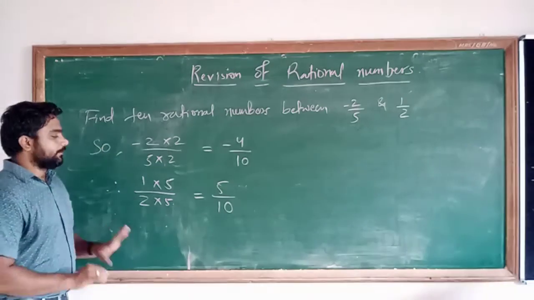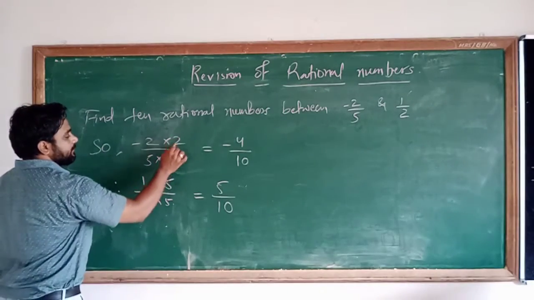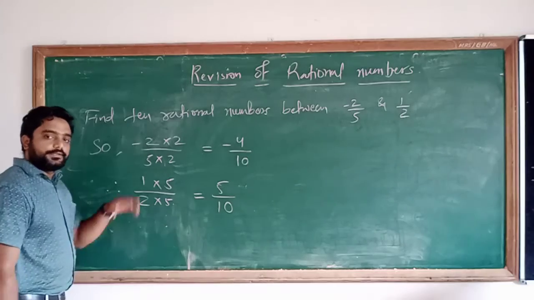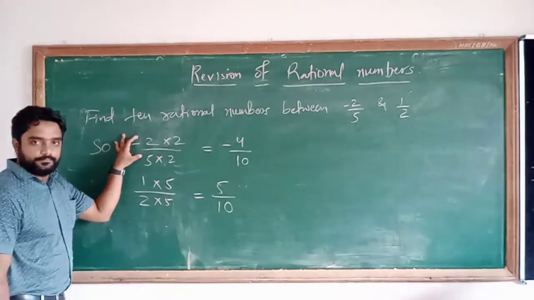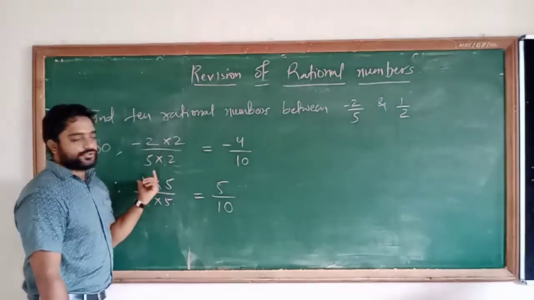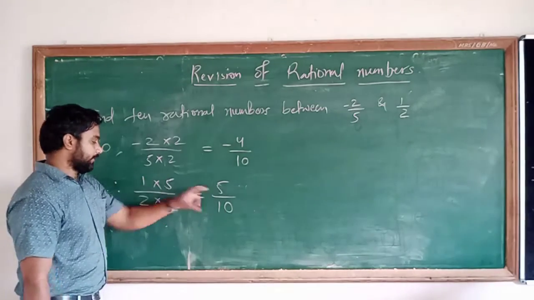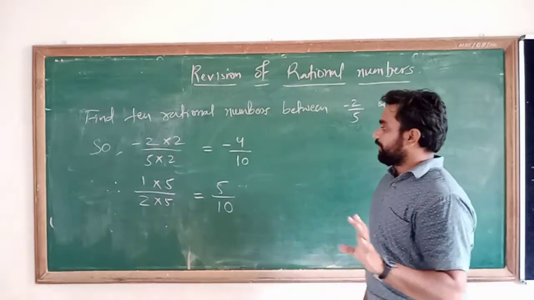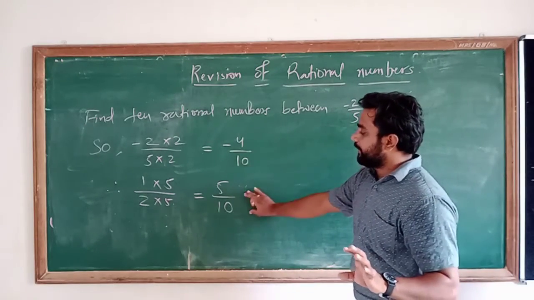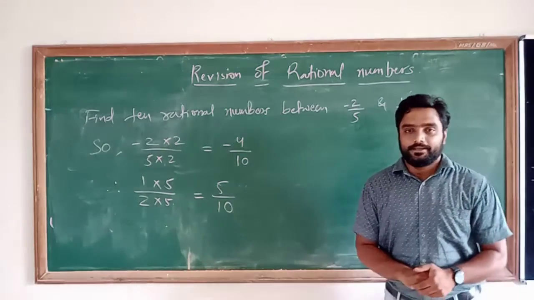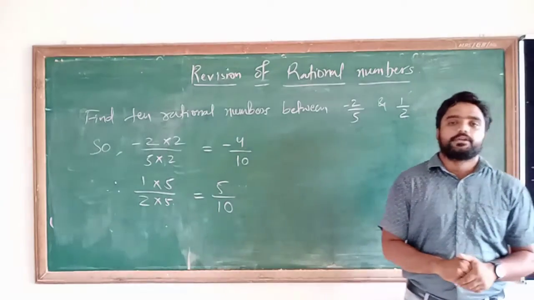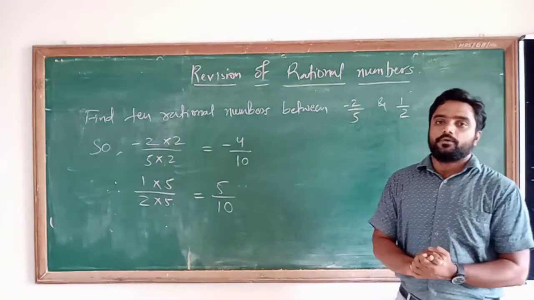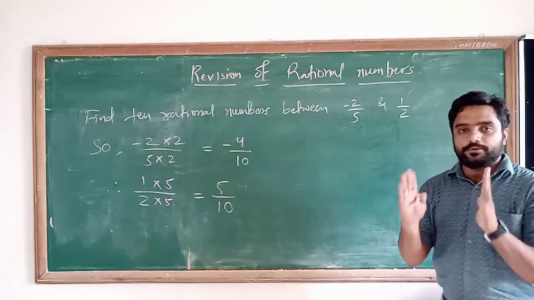So listen here, please. When I am cancelling 2 and 2 from both, that is the numerator and denominator, I will obtain the same. इसको सिंप्लीफाई करूंगा तो भी माइनस 2 अपॉन 5 ही मिलेगा. इसको सिंप्लीफाई करूंगा तो मुझे 1 अपॉन 2 ही मिलेगा. अंडरस्टैंड हो? ओके. So what are we obtaining here? Minus 4 upon 10 and 5 upon 10. So which are the other rational numbers between both of them? Okay. So दोनों के बीच में कौन से rational number?